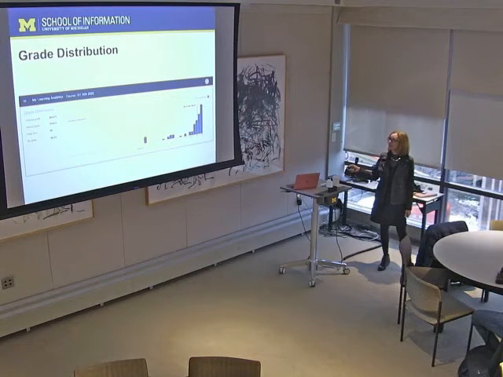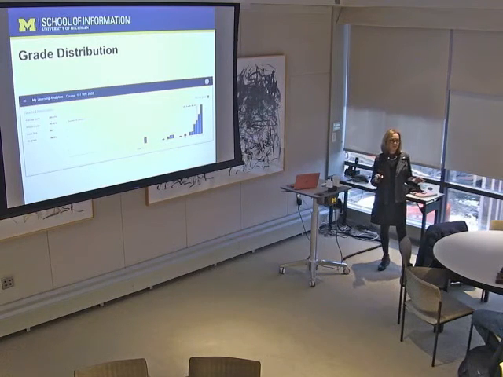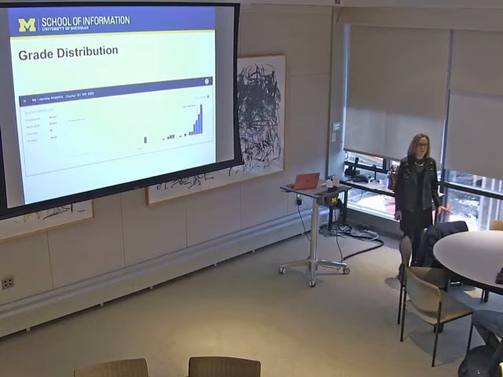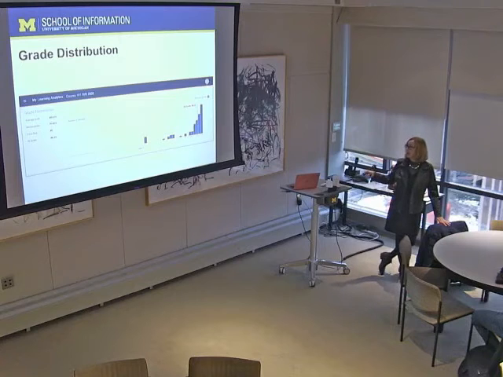We've added this checkbox here because we have gotten feedback from students that said, I want to see the distribution, but I don't want it in my face where I am. I know what my grade is. So they can check this box and take this yellow line off of there. But basically what it does is it shows them these facts about their grade to date, how many students are in there, and what their grade percentage is at this point in time. But unlike other systems, we're not labeling these as the A's, the B's, the C's. And we refer to them, again, as percentage points, not as grades.